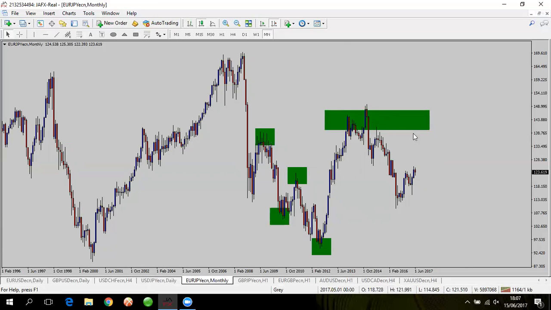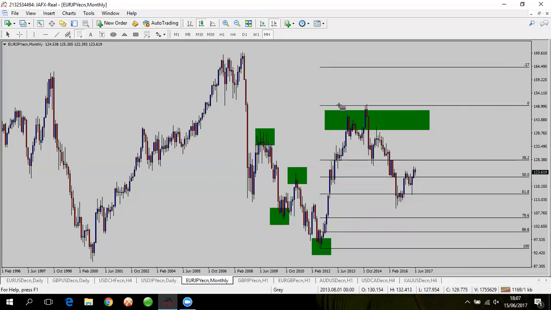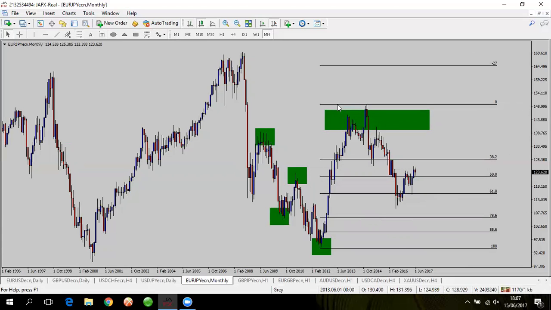Okay, this is our new higher high. So once again, take our fib from A to B, and we will see that we are sitting nicely on the 61.8 retracement. One thing I will also point out is if we just take a look at long term,